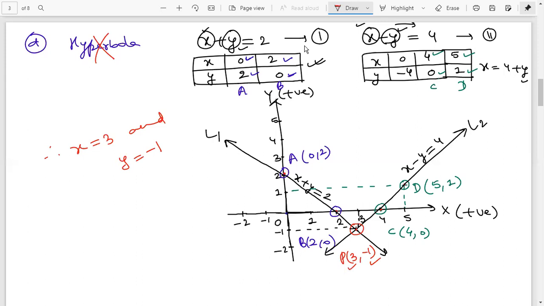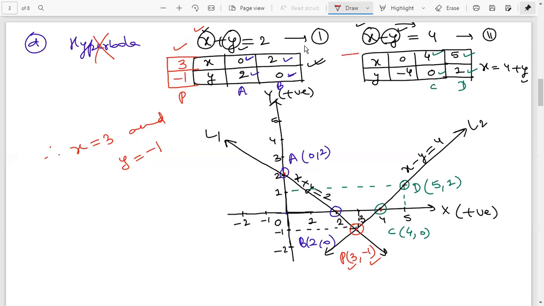One more important thing here, we can verify this (3, -1) by taking these values in both the equations. So if you draw one more column, take x value as 3, just for checking. If you take x as 3, y will come automatically from this equation. Also we can check: y will be 2 minus x, so y equals 2 minus 3, which is -1. That means it is correct. So this is point P, the required point or intersection point of both the lines.